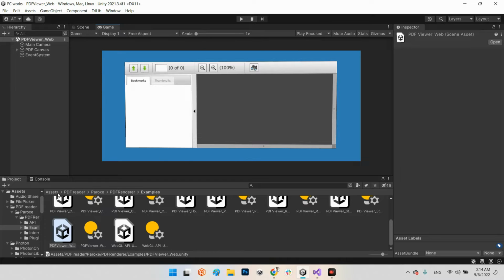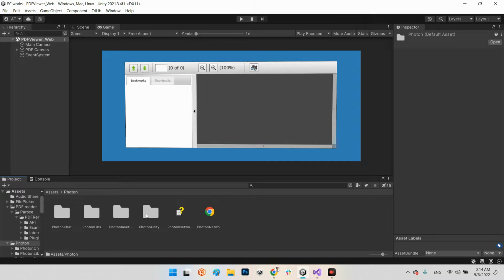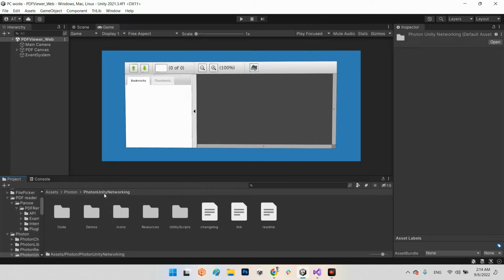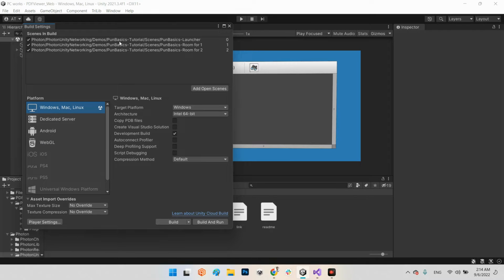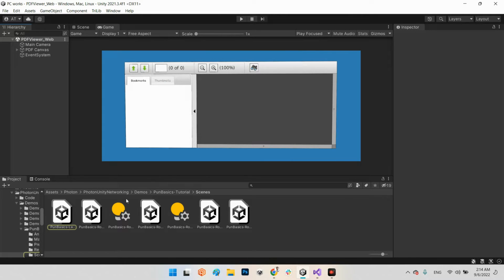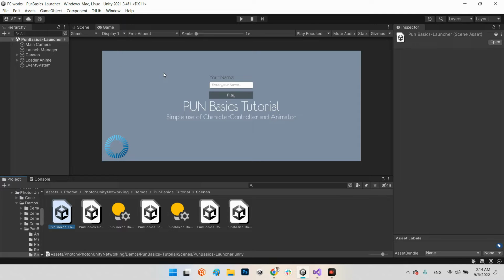So in my project I have the Photon, and in the Photon networking you can have this folder, but I have the ready example in here. In the assets, Photon Unity Networking, Demos, PUN Basics Tutorial, and Scenes. In here we have the basic multiplayer scene for a single user, and between two users, or among 3 or 4 users. For example, I want to test just with 2 users, so I've copied that